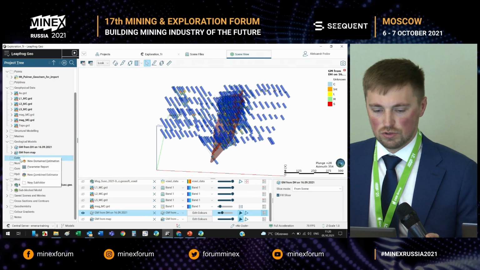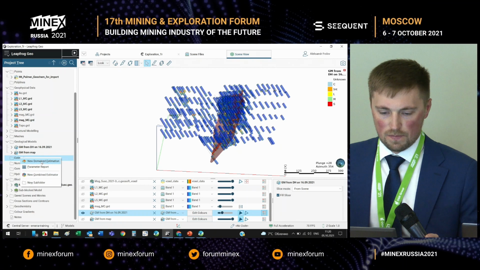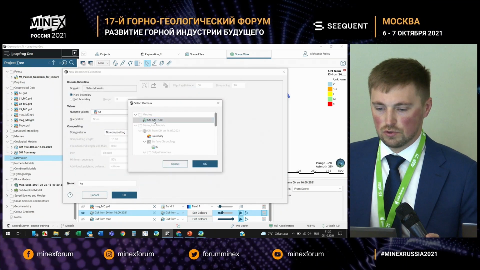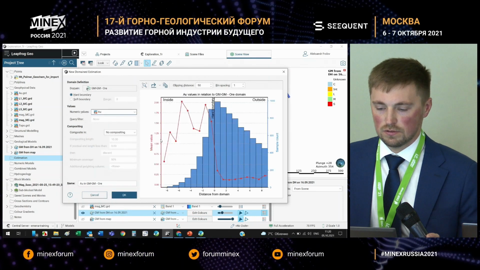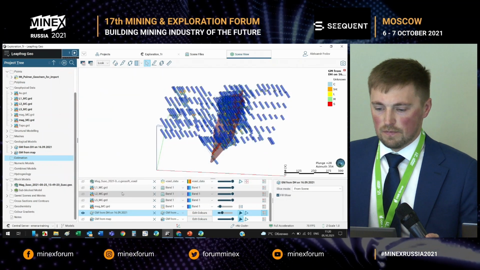It is done with the help of a model that can be additionally integrated into Leapfrog. So you perform the new assessment on the wireframe that has been characterized as the ore area.